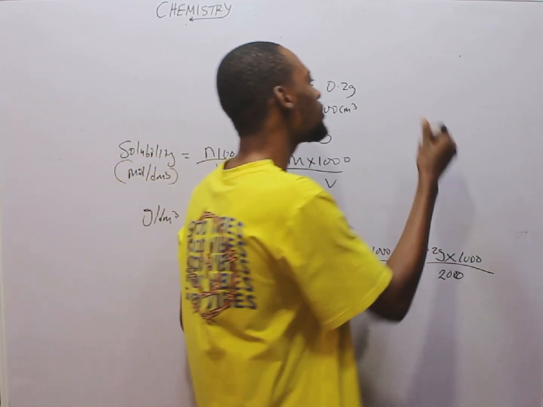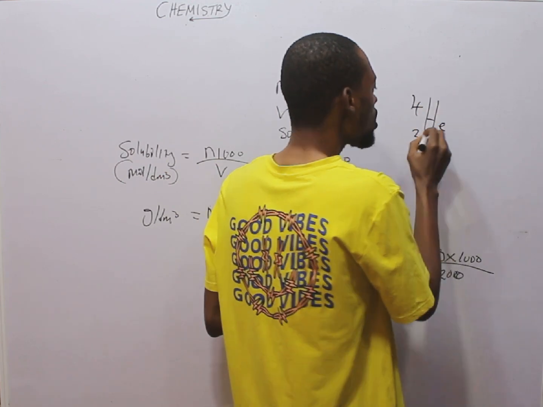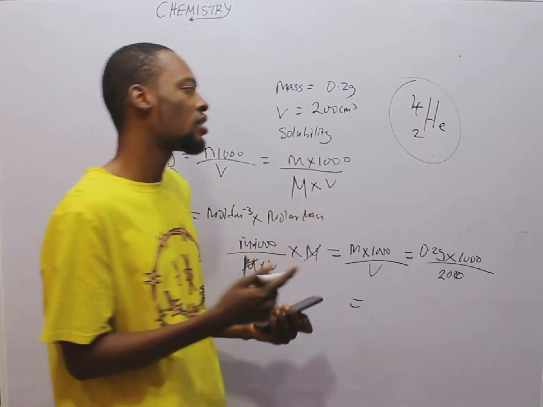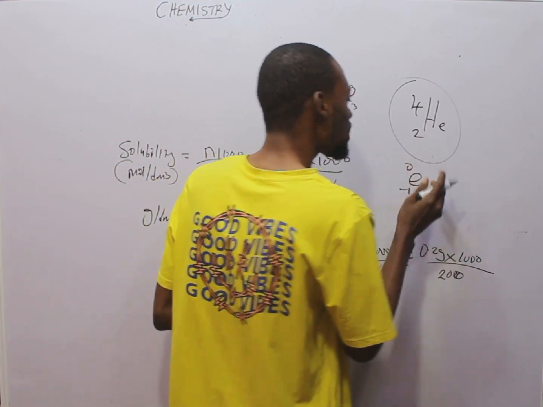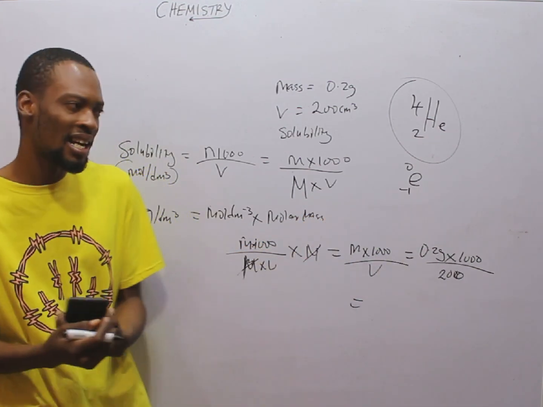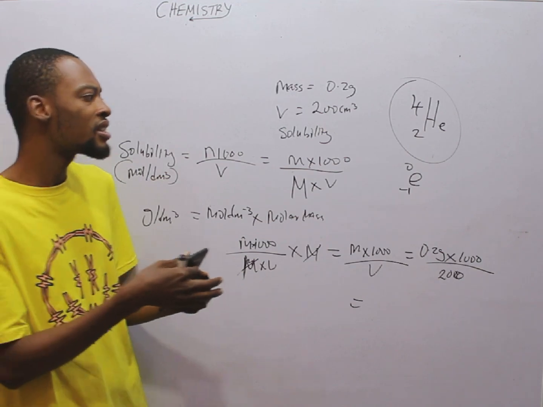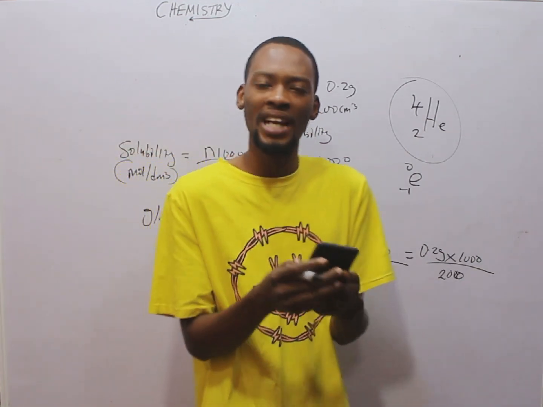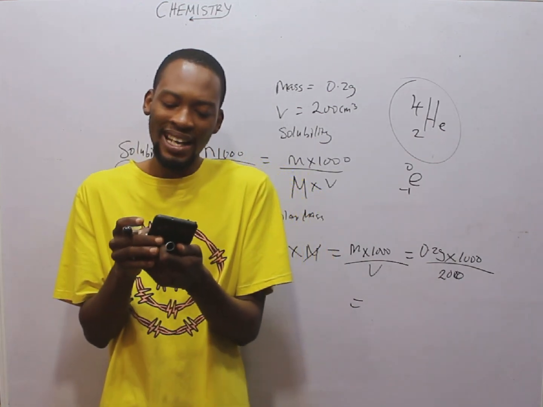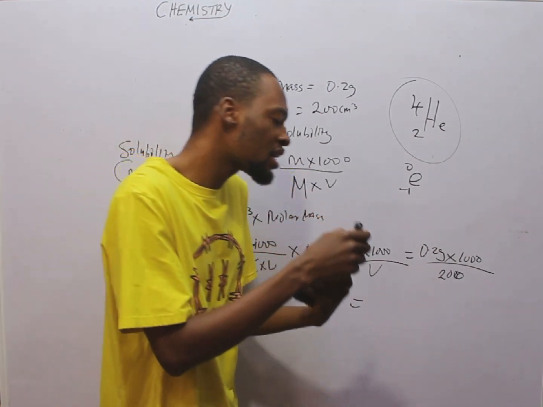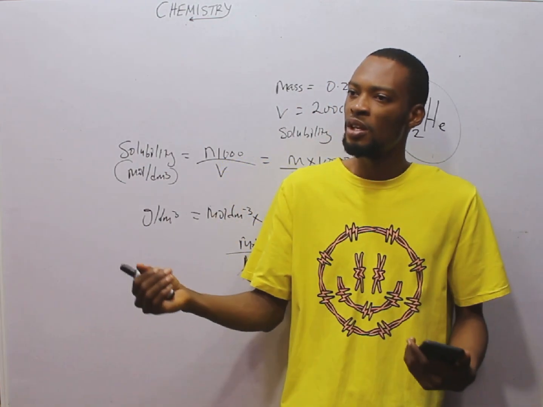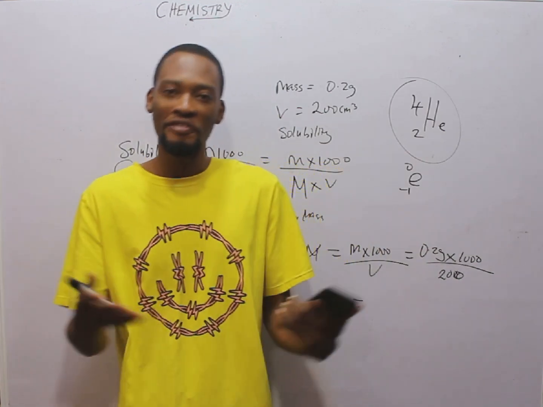Alpha particle is simply a helium nucleus. Once in a reaction, this is given off, you say that alpha particle has been emitted. But beta particle is fast moving electrons. So when beta particle is emitted, atomic number increases by 1 and the mass remains constant. Since gamma rays, they are just rays and they have the highest penetrating power, to store a radioactive solid, you simply need to put it in a box lined with lead, so that if it is gamma ray, it can be stopped by lead block. Gamma ray can only be stopped by lead block. So lead block will prevent the rays from going out.